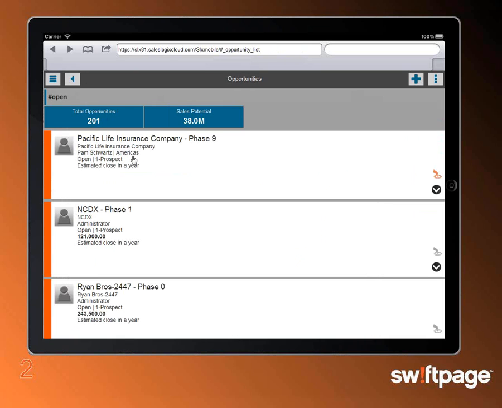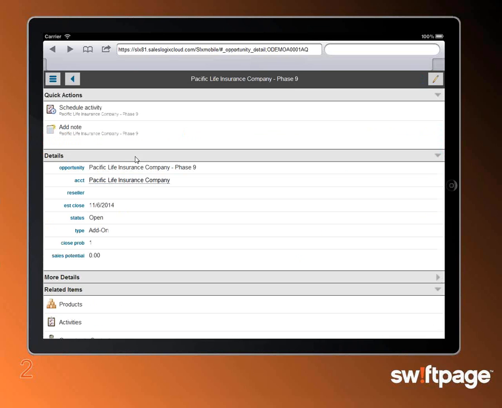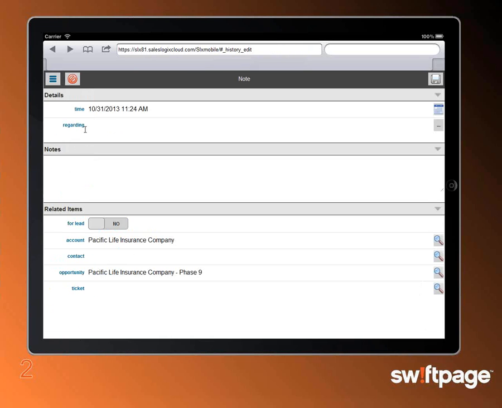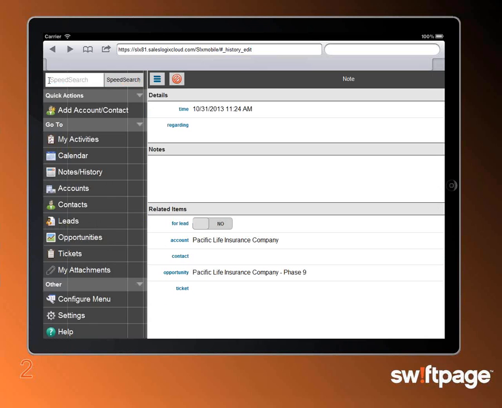So from within here, again, I can drill right into a particular contact. I can schedule activities. I can add notes to the particular contact or to the particular lead, with the idea here, again, that everything I put on my mobile platform gets saved and stored back out onto the server. So anybody else who has access via the LAN client or the web client can get to touch and use the information that I create from my mobile device.